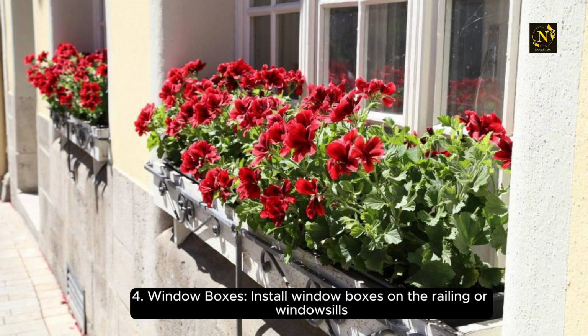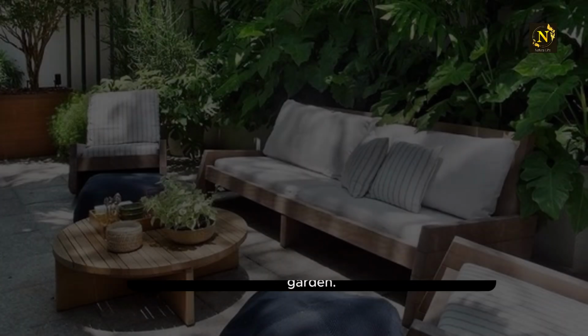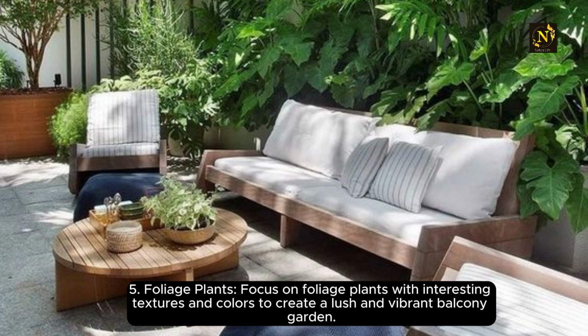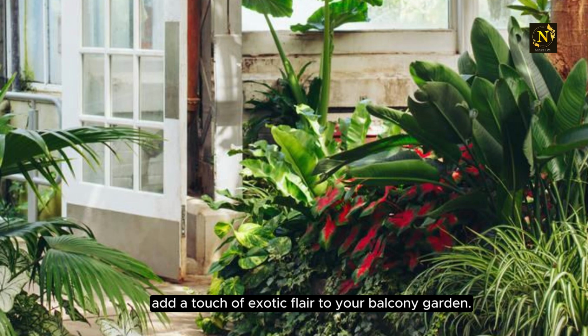4. Window boxes. Install window boxes on the railing or windowsills, and fill them with shade-loving plants like ferns, impatiens, or begonias. 5. Foliage plants. Focus on foliage plants with interesting textures and colors to create a lush and vibrant balcony garden. 6. Tropical plants. Incorporate tropical plants like philodendrons, bromeliads, or calatheas to add a touch of exotic flair to your